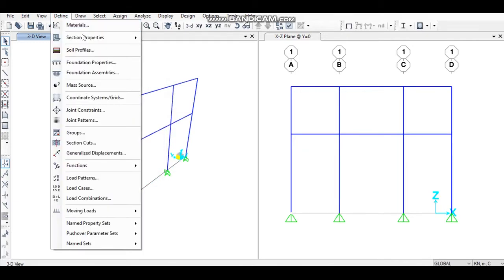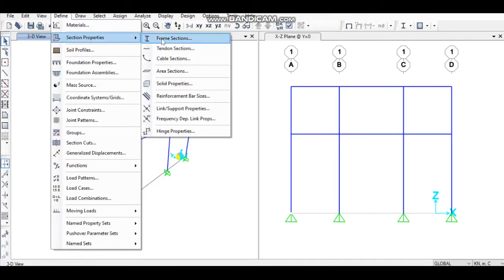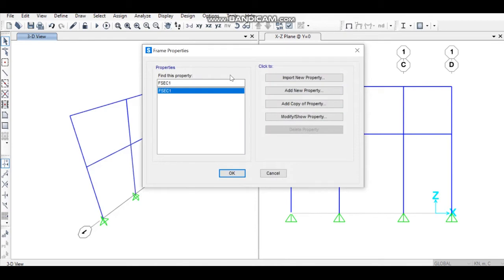Now let's define the section property. Go to section properties and select frame section. We are going to add I sections, and as you know that I sections are predefined members, we'll directly add it from the import new property option. Click on import new property.